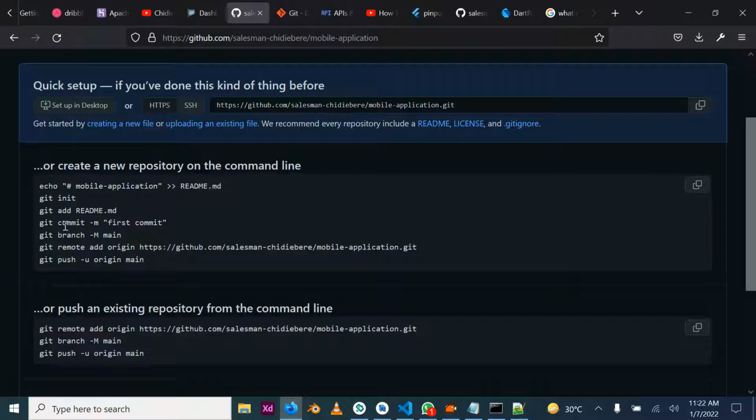Then the commit statement is used for preparing your code, or the files that contain your code. It prepares it for you to be able to move it to the online repository. Now, this other one, git branch main,